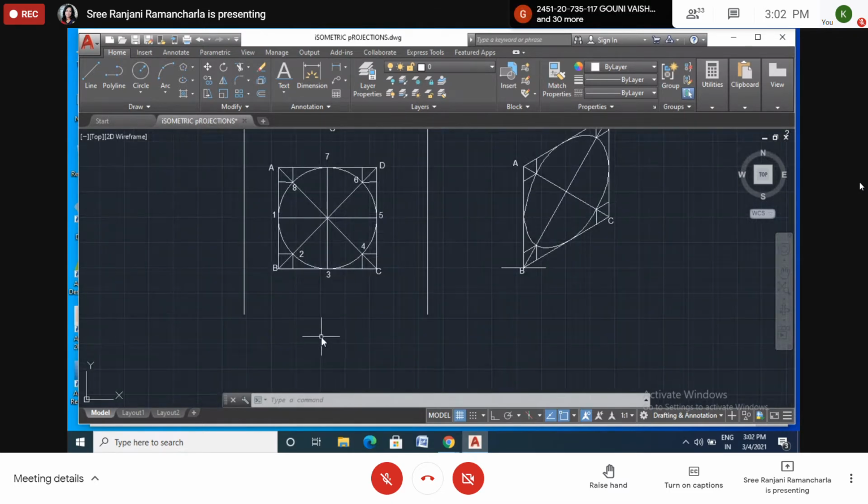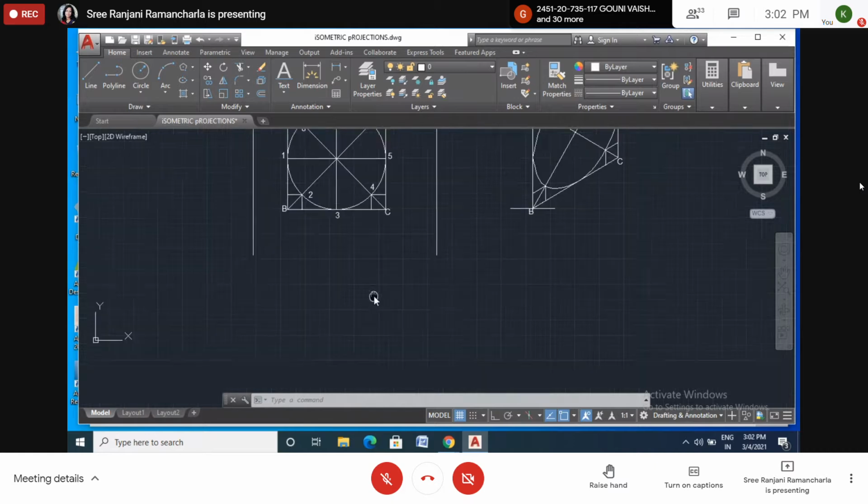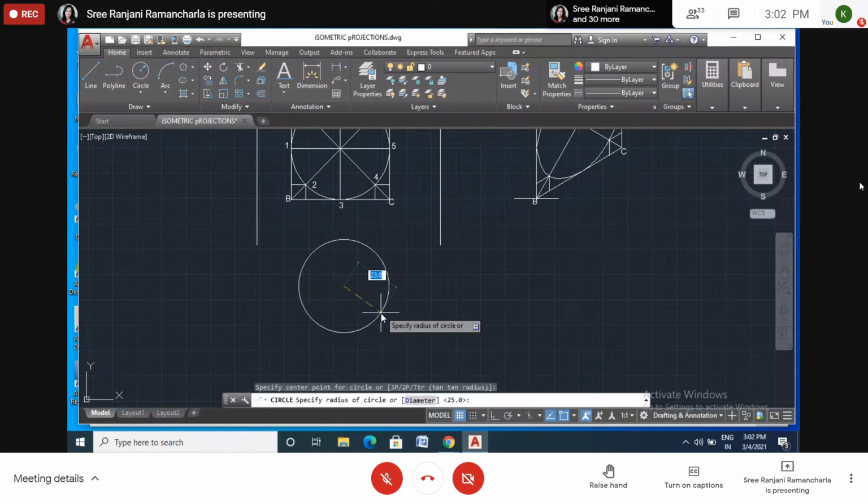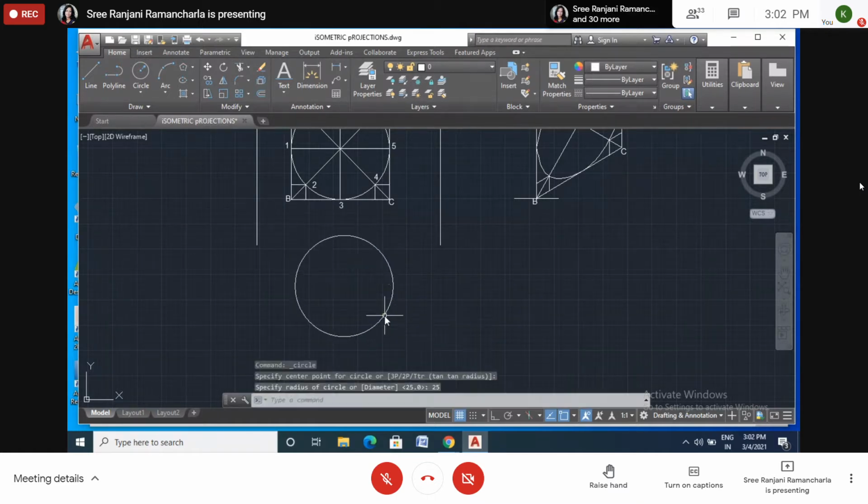What about the other method, the 4 center method? The 4 center method is very easy. Now let us draw the circle, center line, radius is 25, again enter, and I have to draw the square.